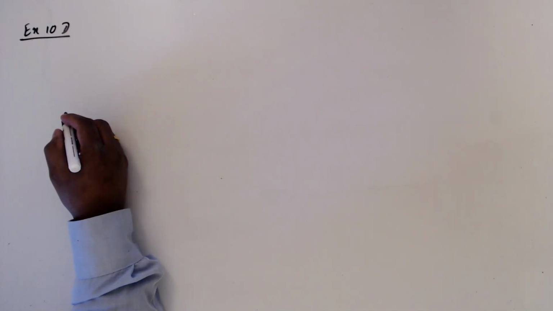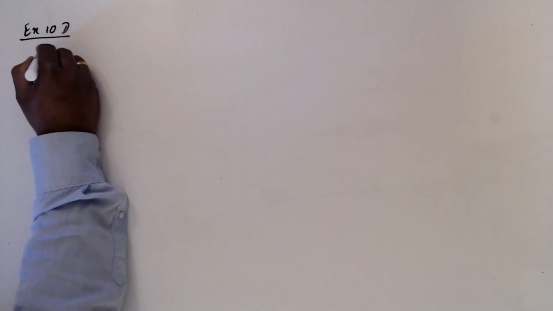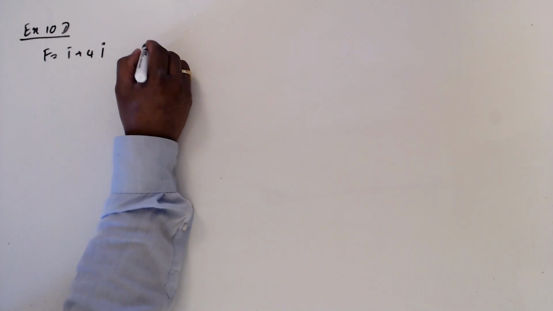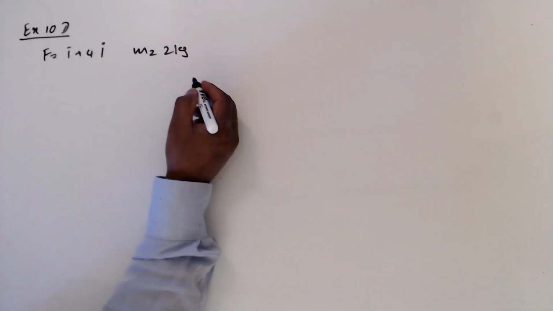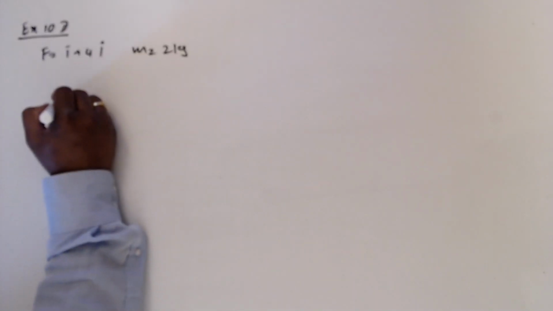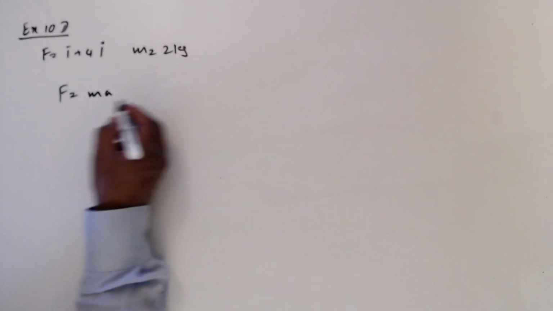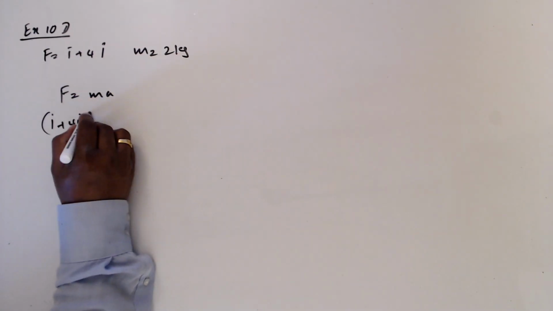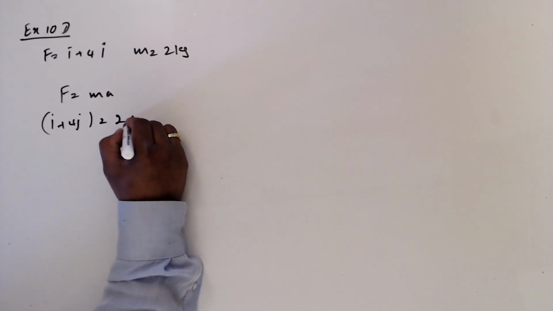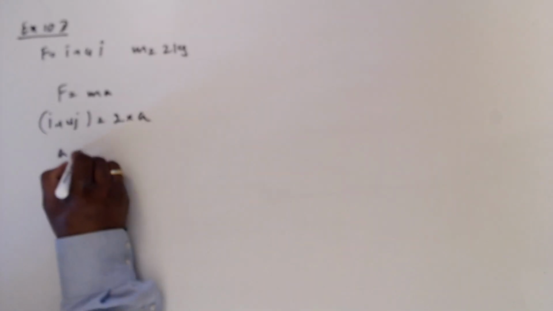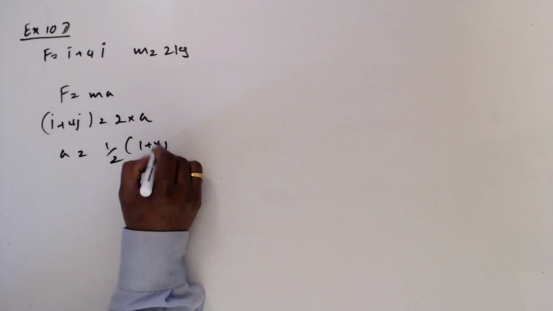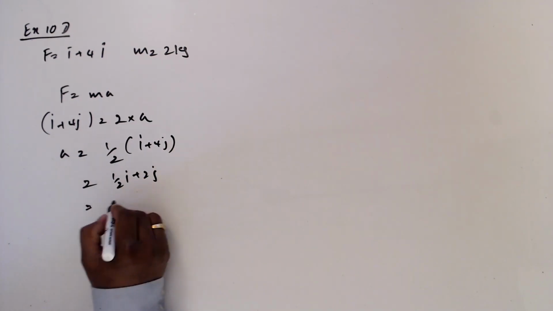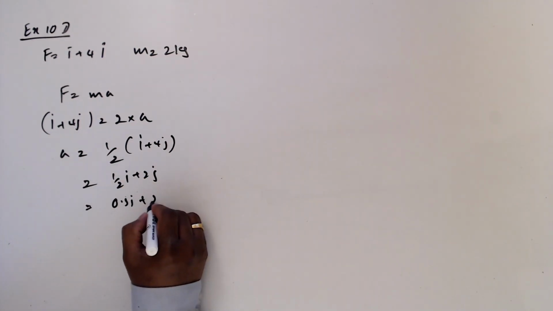Exercise 10D, question number 1. The resultant force F equals i plus 4j acting on 2 kg. When you put F equals ma, this is i plus 4j equals 2 times a. So a equals half times i plus 4j. So this is half i plus 2j, or 0.5i plus 2j,